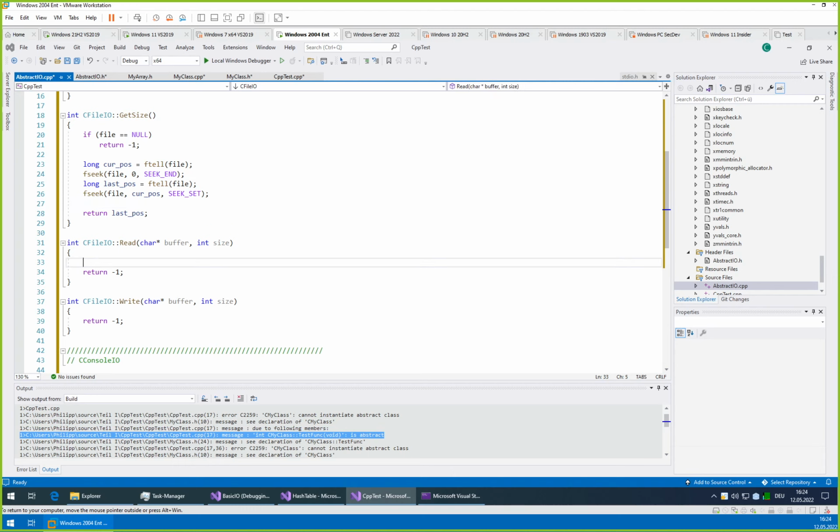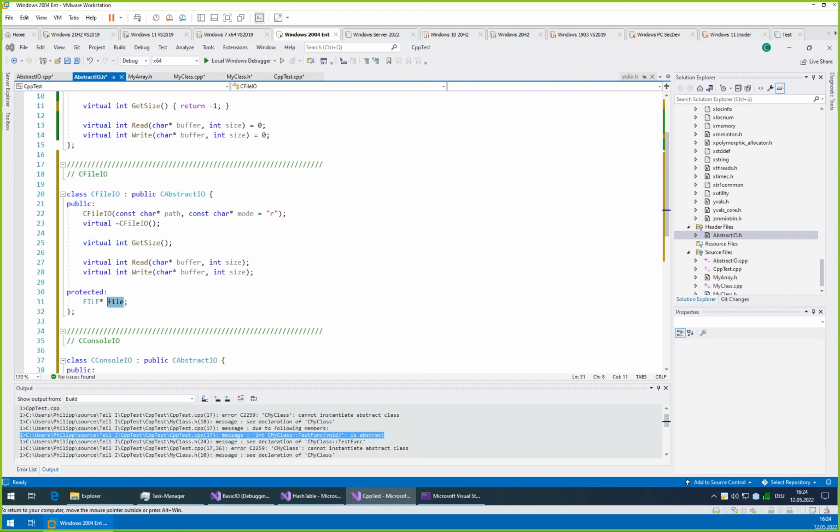For read, we can just use fread with the buffer. Then element size is 1, element count is size, and file stream is our file. Oh, I broke my own guidelines. I should have called that mfile.